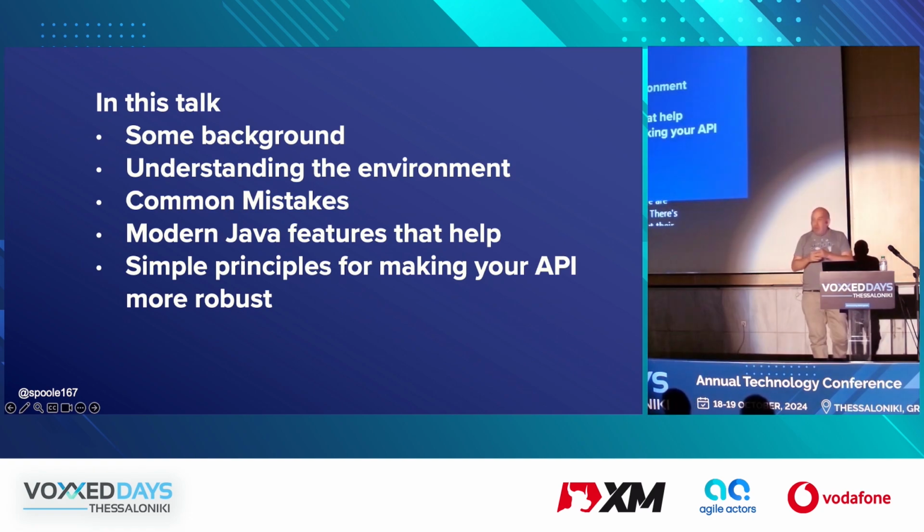Okay, I've got 40 minutes, so there's a lot to go through, so I may move things around depending on how I feel to try and get some of the messages across. It's complicated, but we want to look through why things are not as good as they could be, look at how you do things, and see whether you can do them better, and just touch on some of the new, or newish, features that are around that you may not have heard of, or you may have heard about and not used. What I want to do is just get you thinking a bit more about how you write Java code.